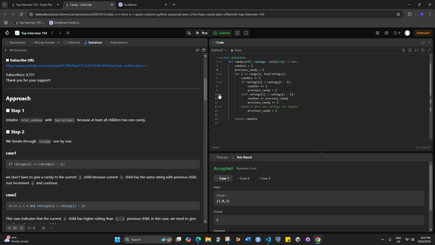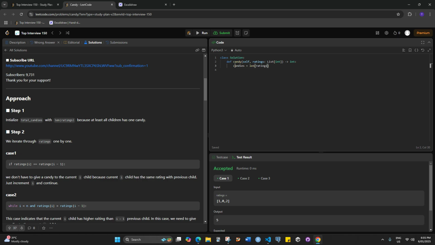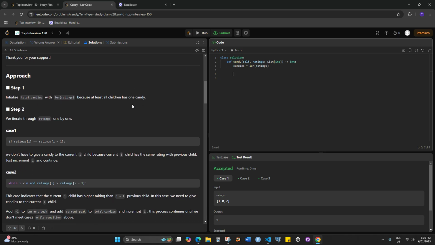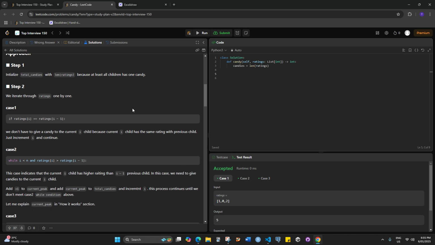Total, because all of the children have at least 1. Higher rating than the previous child. In this case, we need to give